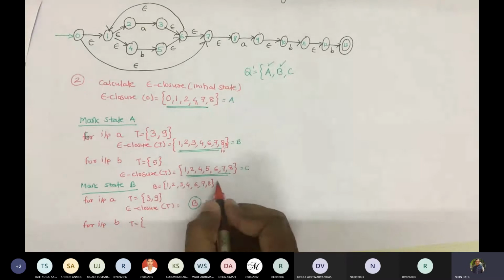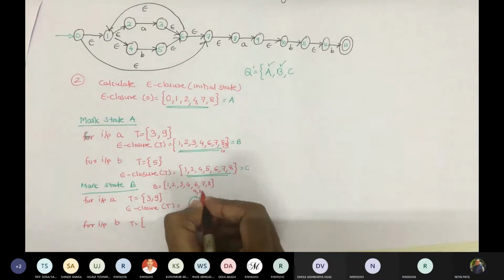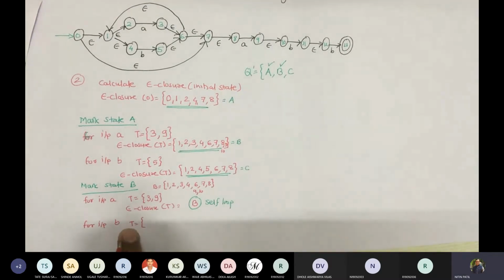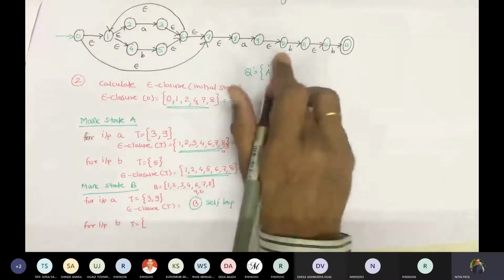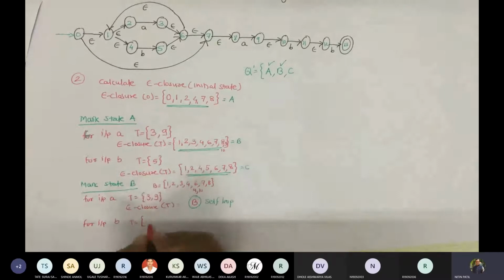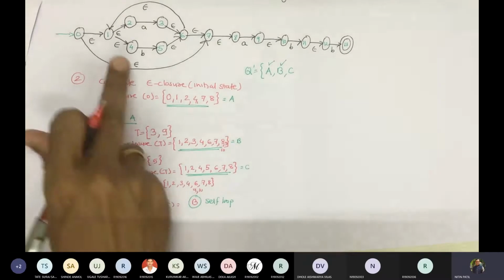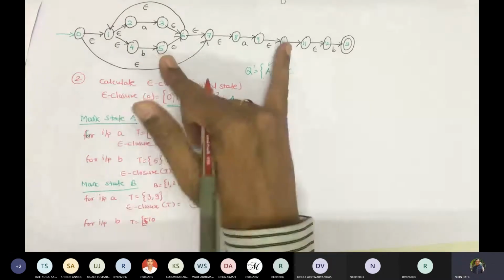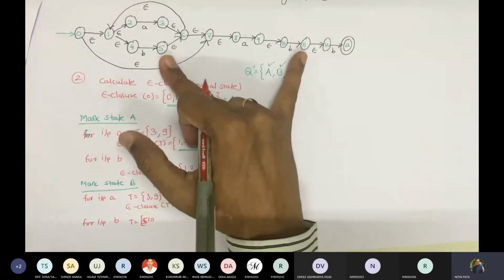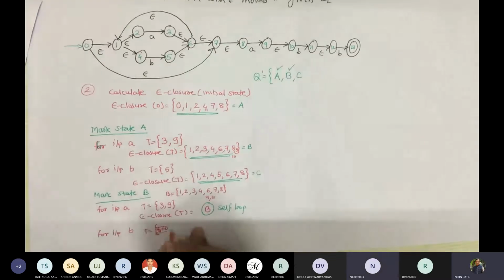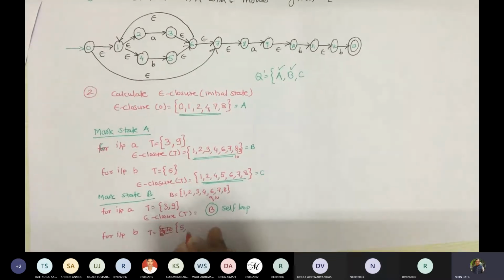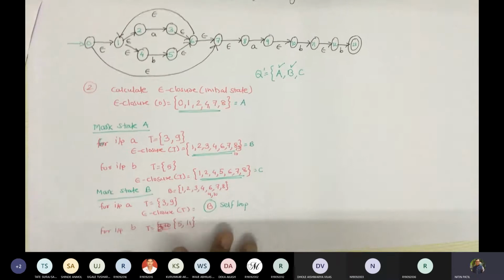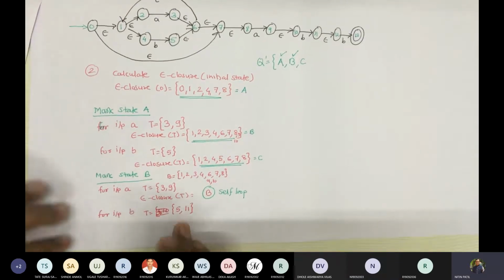Correct. So considering this 9 and 10 as well, if I give input B, what would be the case with T? We have 10, correct? So we'll write 10 here as well as we are having 4. So that's why we will write 5. 5 and 10. 10 means what? 5 and 11, sorry, yes. 5 and 11. Correct. So we got 5 and 11. So what is the epsilon closure of T?